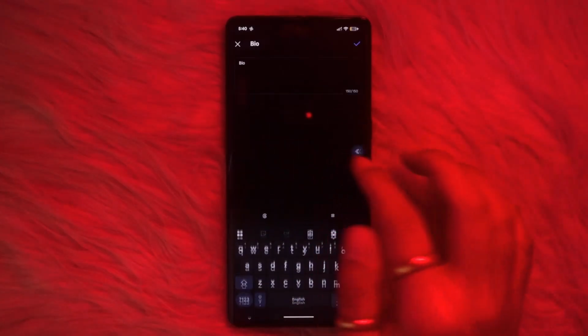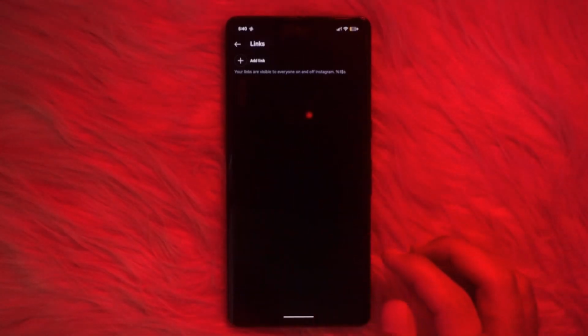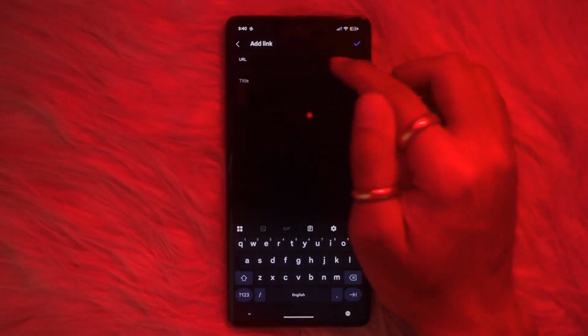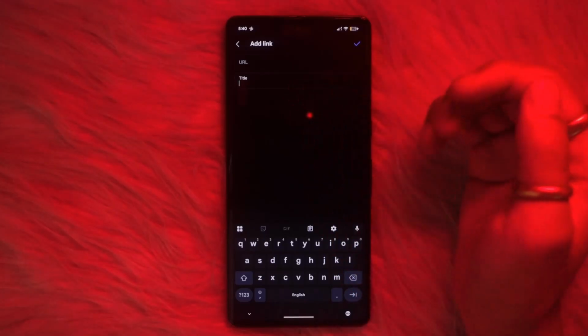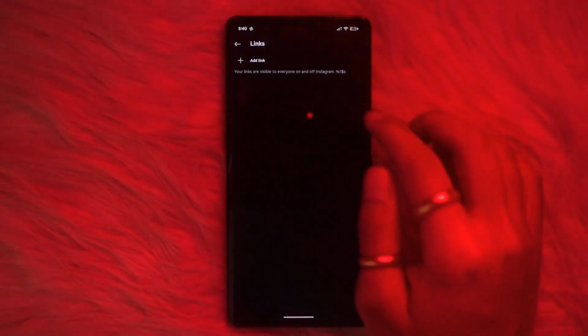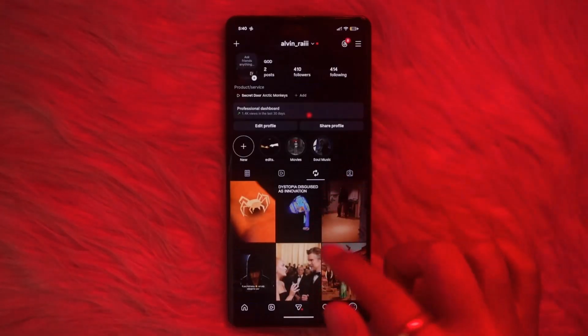Go ahead and tap on this add links option, then tap on this plus icon. From here, you can just paste your URL over here, then give it a title name. Now once you do so, go ahead and tap on this tick mark and the links should be available on your